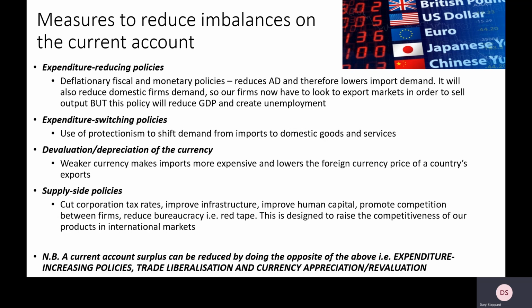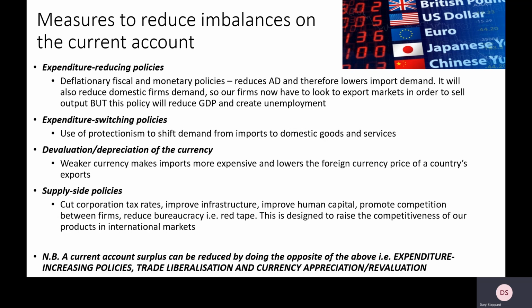These tend to be long-term policies. They're not going to tackle a current account deficit in the short run. Some of them can also be extremely expensive. So improving infrastructure, for example, will generally cost government a lot of money. We've already got a high budget deficit, so you've got to question where the funds would come from for such a policy. So overall, everyone, you've got these key 4 policies that can be used to tackle current account deficits: